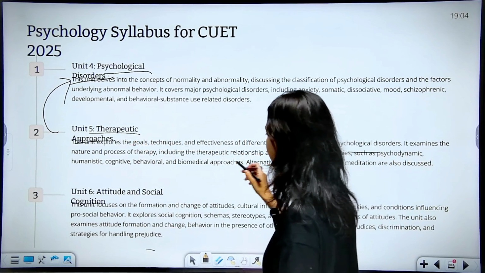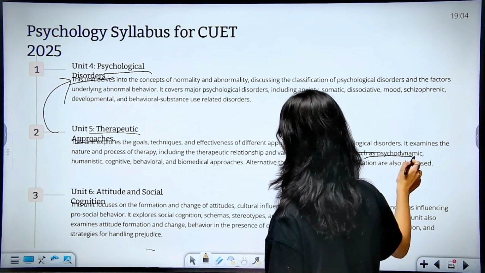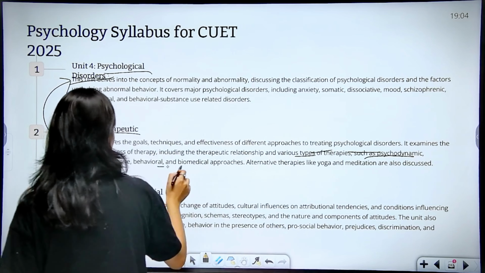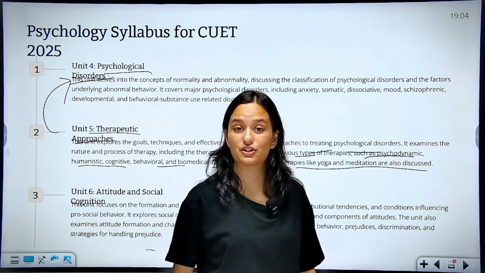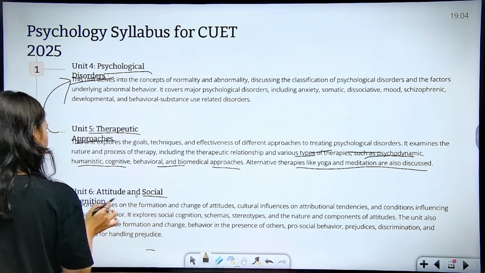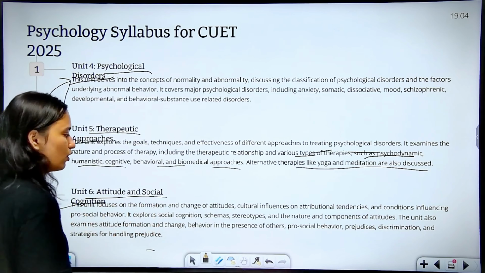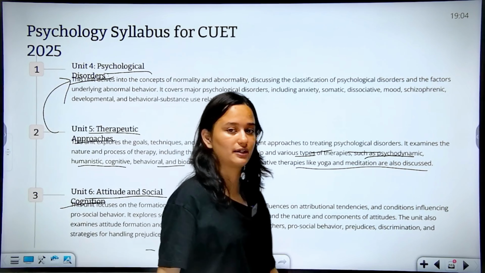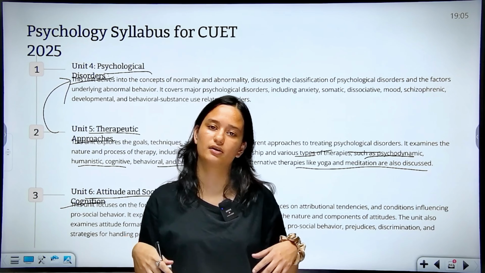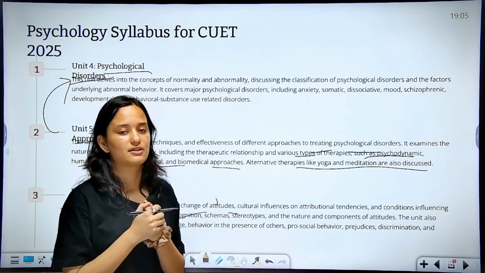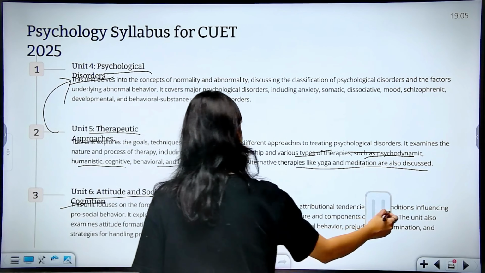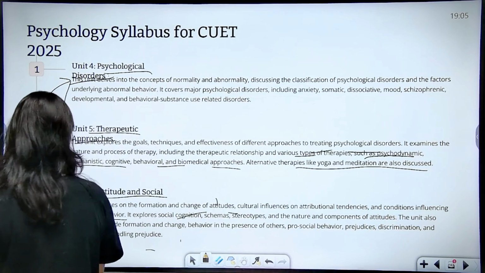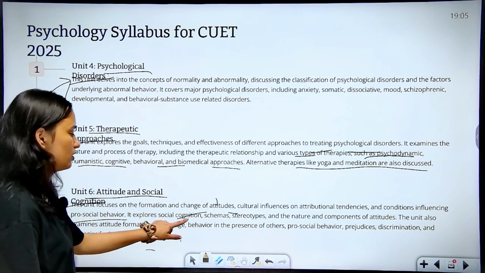We have different approaches like psychodynamic, humanistic, cognitive, behavioral, biomedical. We have alternative approaches like yoga and meditation as well. Finally, there is attitude and social cognition. It focuses on the individual's attitude, how you come to possess your attitude, how you inherit it. It is a result of your surroundings, it is a result of the culture. What are the conditions that influence your pro-social behavior or anti-social behavior, your social conditions,